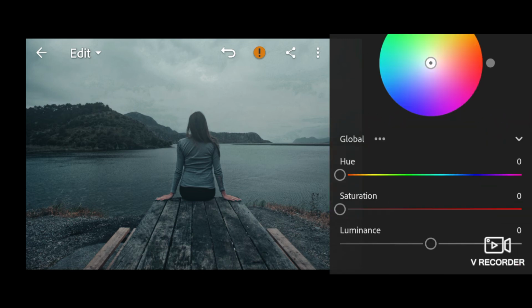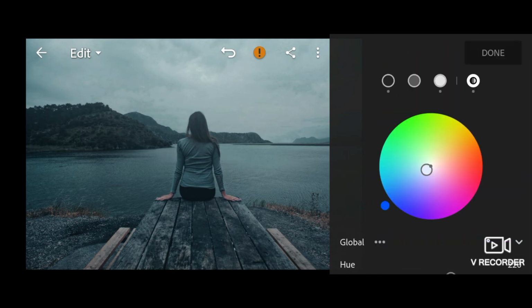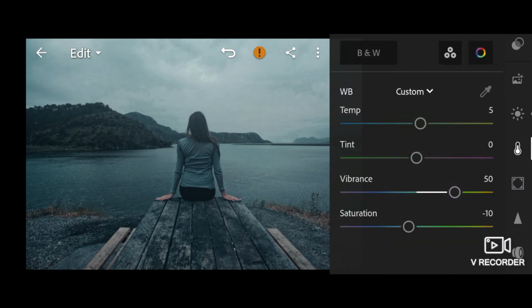Select the global, hue 220, saturation 10, and let's done. Select the effect,